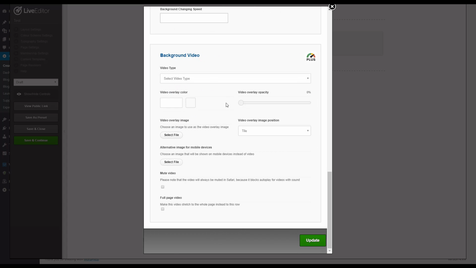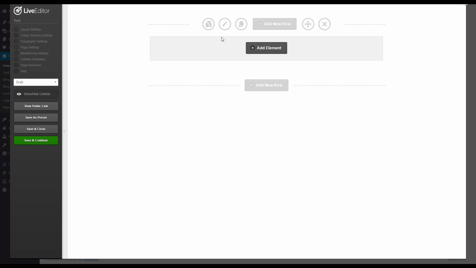So don't be intimidated by the sheer amount of properties that you can tinker with. Just know that it's a very powerful page builder, but let's operate on simplicity. So click update and you'll notice that there's a little bit of space right now. It'll be more prominent afterwards as you add another row or two. So the first thing we're going to add here is an element,